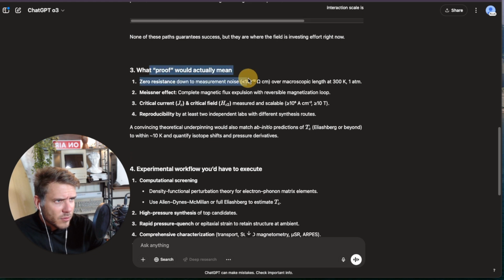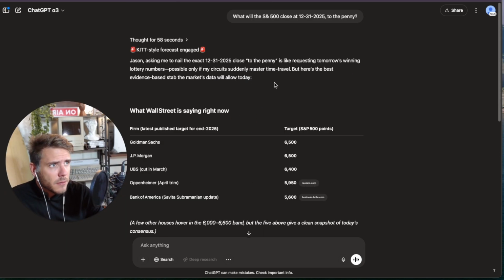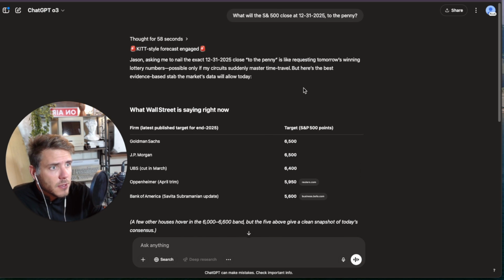So what the proof, scientific proof would actually mean. I come from a biology and chemistry background myself, so this is really important for the research methodology of a typical scientific method. Talks about the experimental workflow. All right, so on the S&P 500 prediction,